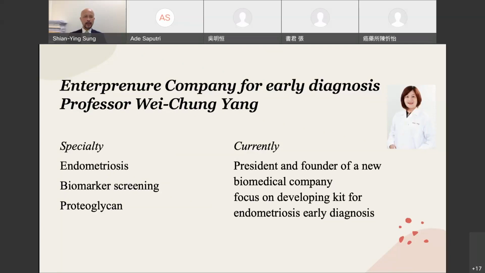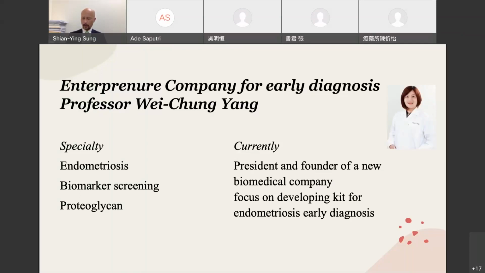One of the experts is Professor Wei Zhongyang. She is actually the chairman of our department. She formed a company now to identify endometriosis, and her study focuses on developing a biomarker and using this biomarker to screen endometriosis patients in a large cohort of women. So she is currently the president and founder of the new biomedical company focused on developing a system for